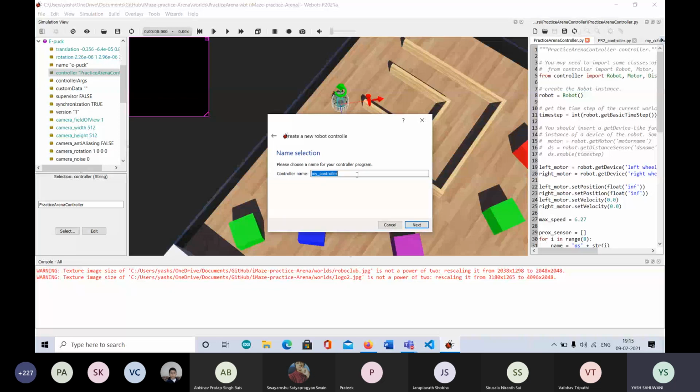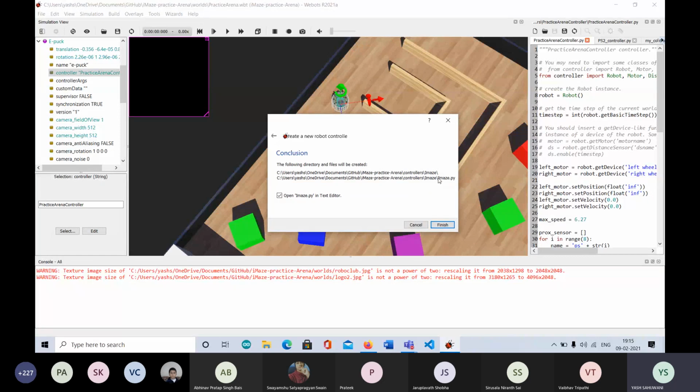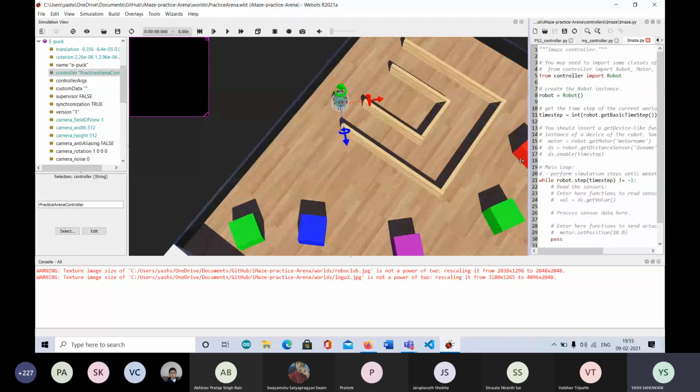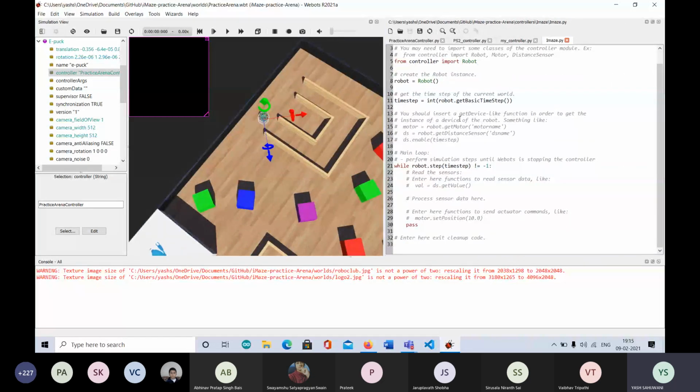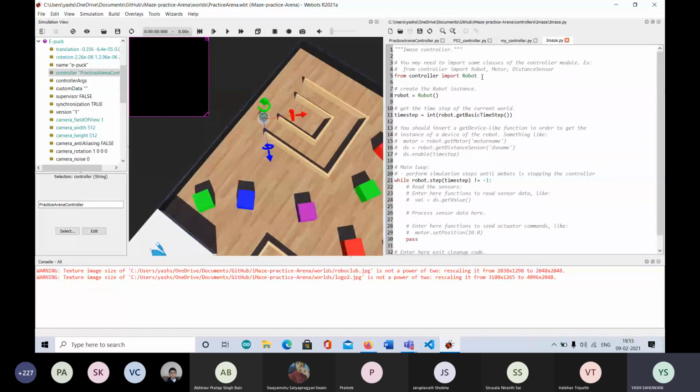For example, iMaze. I write iMaze and go on next. It tells me that the files will be created in this folder, and I click on okay, open iMaze in the text editor, and I finish. So now I have a new iMaze controller here, which has already some things defined.